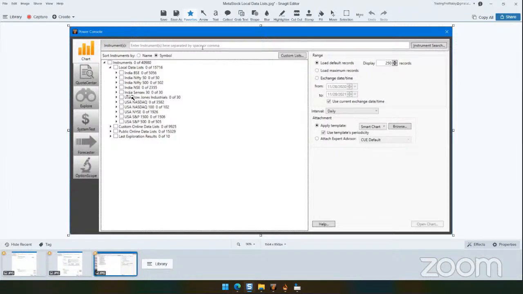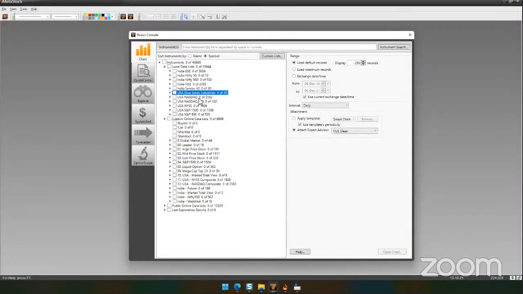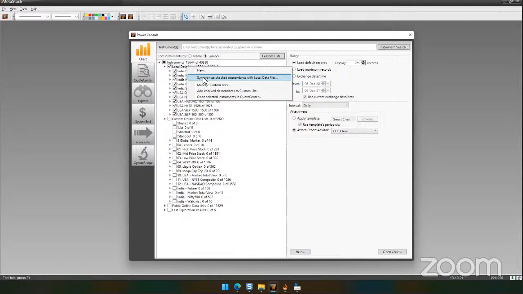If these 6 names for the USA market are the same, then you don't have to create them again. All you have to do is go to local data lists, click the checkbox so everything is selected under local data lists, right click and just click once, synchronize checked descendants